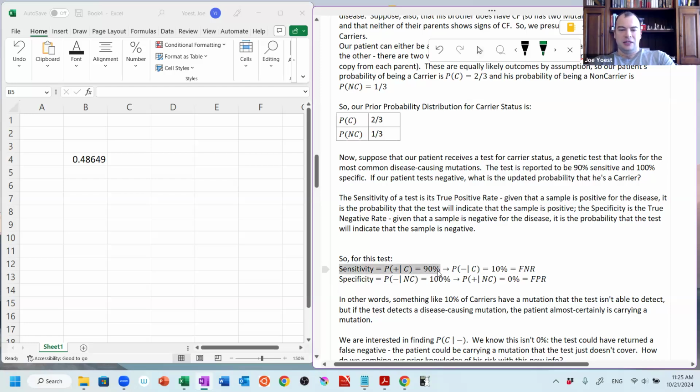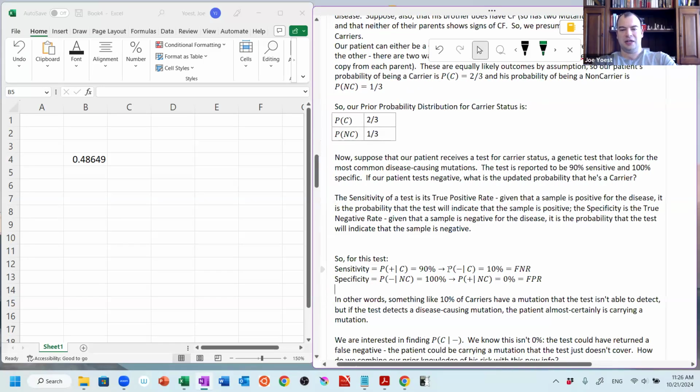So these are the conditional probabilities I have. Probability the test is positive given the patient's a carrier, 90%. Probability the test is negative given they're not a carrier is 100%. This also tells me that I have a false negative rate of 10%. In other words, given the patient's a carrier, the test will come up negative. Their gene will be broken in a spot that is not one of the spots we look at, say, about